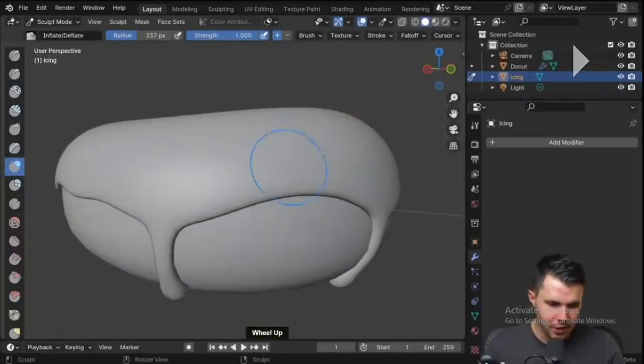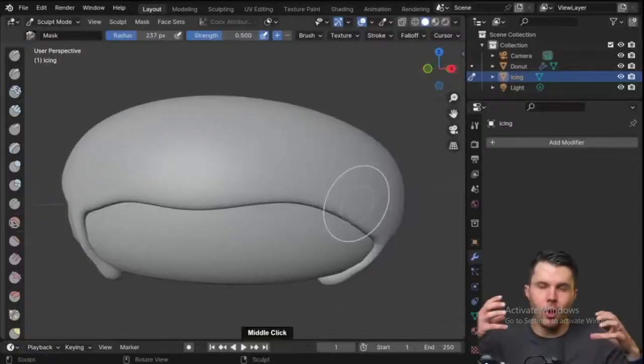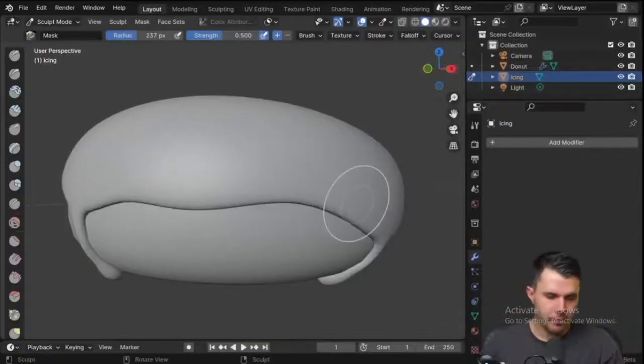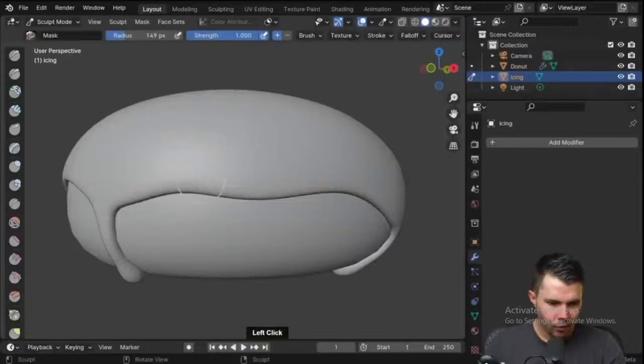And used a lot, and we're going to use it in just this case. What we're going to do is mask out just this area along the rim there, and then we're going to apply a constant inflate value to just the area that we've masked. So first use the mask tool, mask, and it doesn't really make sense to use like a half opaque mask, so we're going to set the strength all the way to 1, and then I'll use a brush size about here. So